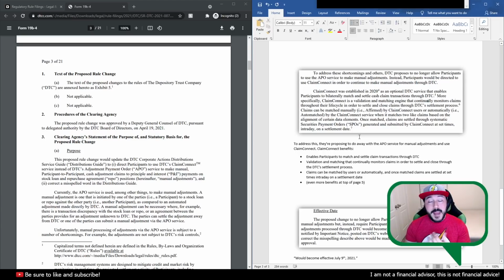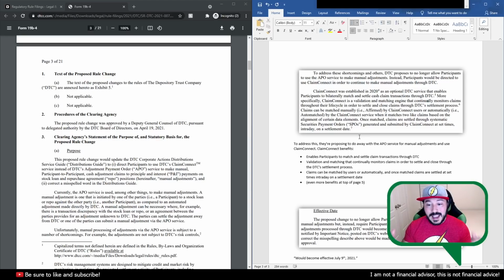So it can match and settle claims through the DTC. It has validation and matching that continually monitors claims in order to settle and close throughout the DTC settlement process, so in regulation. And claims can be matched by users or automatically, and once matched, claims are settled